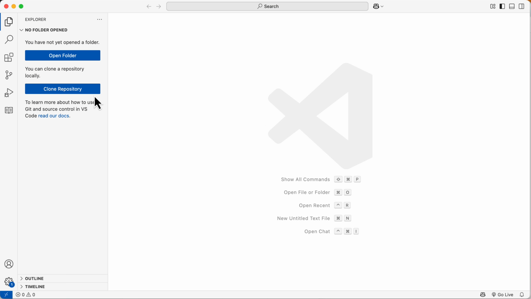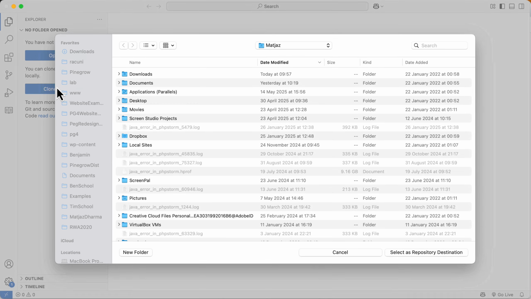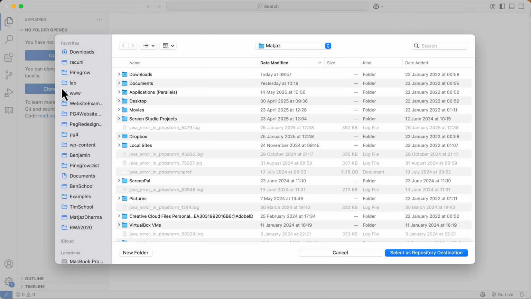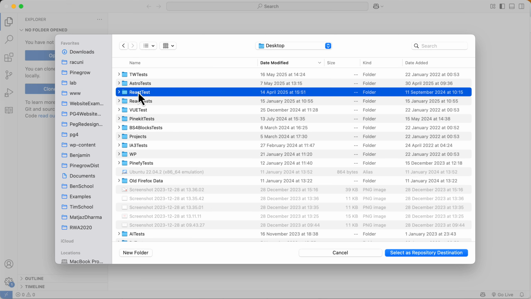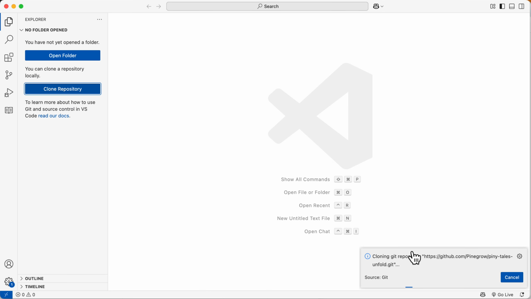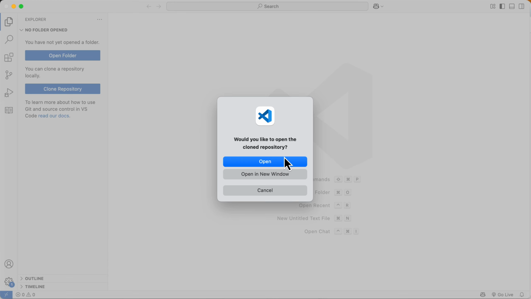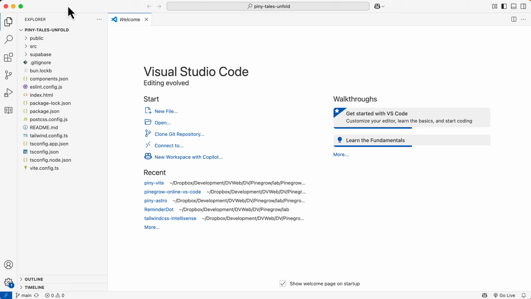And here the easiest way is to do Clone Repository and paste in the link, confirm that, and then we select where we want to store this new project. I'll put it here in my React text, select repository as destination and open the folder. So here we have our project is now open in Visual Studio Code. So first let's